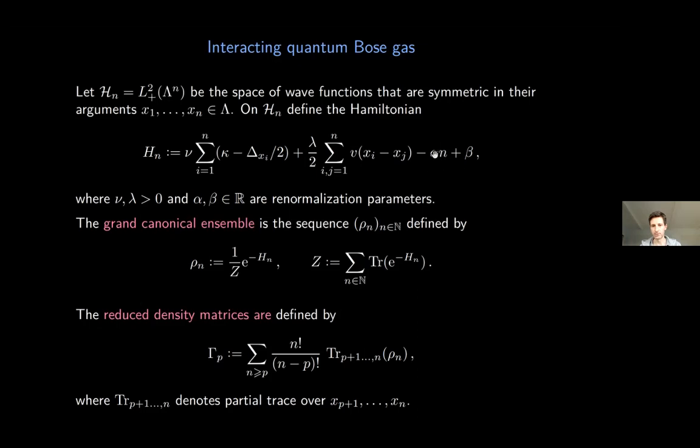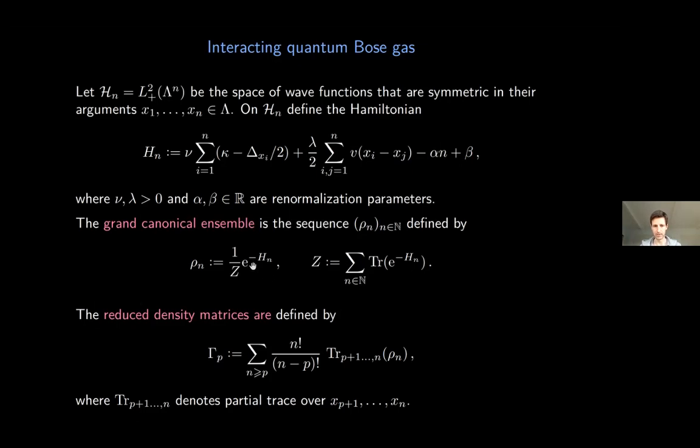So I introduce a renormalization of the chemical potential. So if you multiply by the particle number, then the thing in front is the chemical potential. And I also take an energy renormalization, which I call β. So then I define the grand canonical ensemble, which is just a sequence of these density matrices on n particle space. So my grand canonical partition function is going to be this sum, and